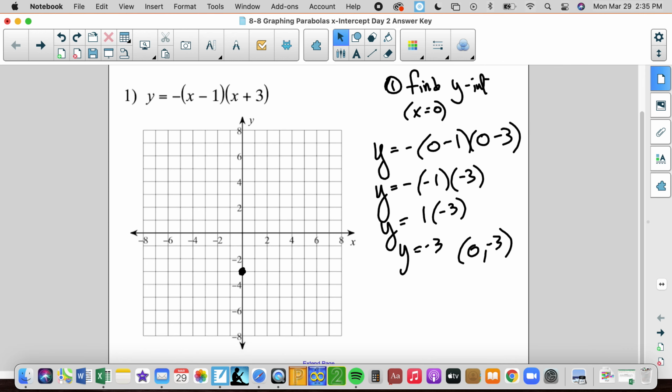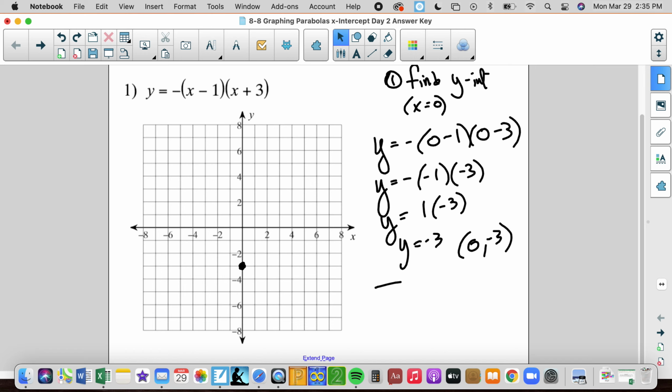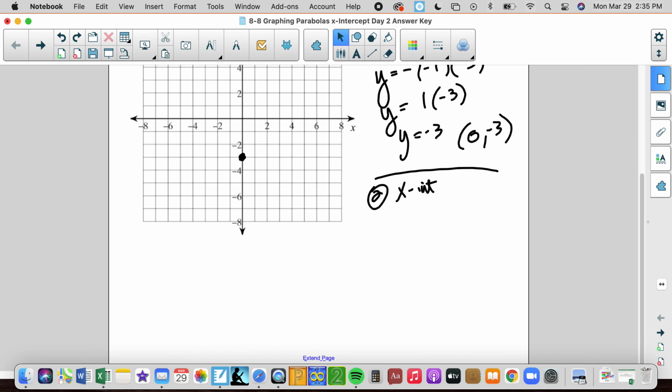My next step is going to be to find the x-intercepts. I say intercepts, plural, because I'm assuming that there are multiple intercepts, but there can be situations where there is no x-intercept. There will be cases where there are 2 x-intercepts or 1 x-intercept. So we're going to plug 0 in for y. Y is 0, and then we get